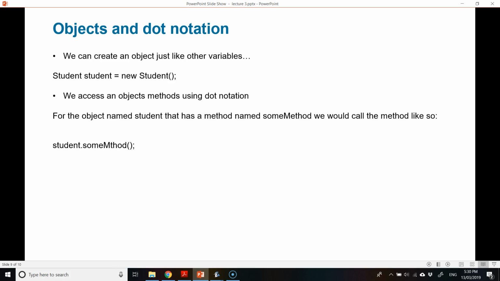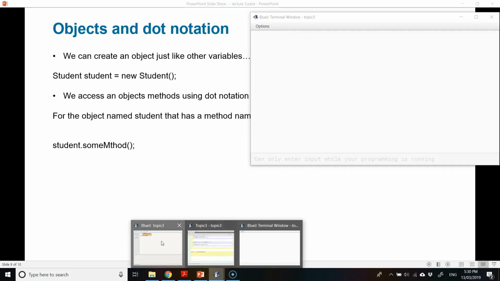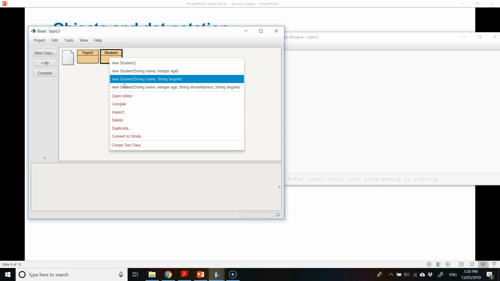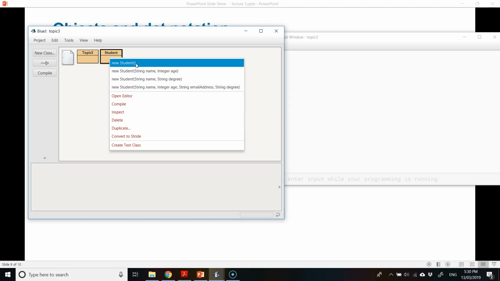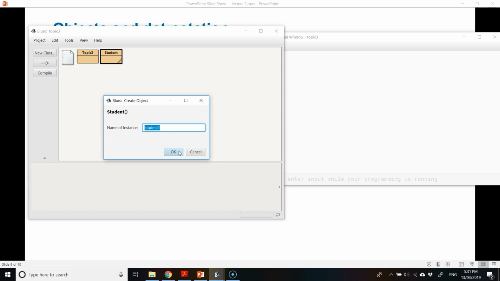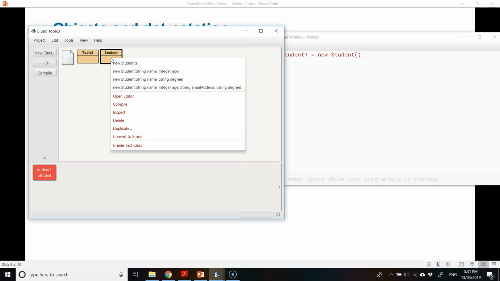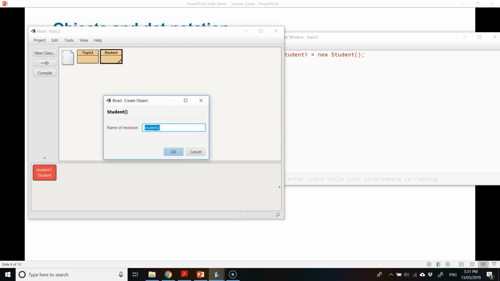We can write the code to call that class's constructor and create an object. And how do we do that? Well, we do it the same way that BlueJ does it. So if we have our terminal window open and BlueJ open, so far if you want to create a new object, you right click on the class and you call one of the class's constructors. So I'll call the new student constructor here, click OK, and BlueJ writes this code for us, student1 equals new student. If I give it a different name, so I'll call it some student,